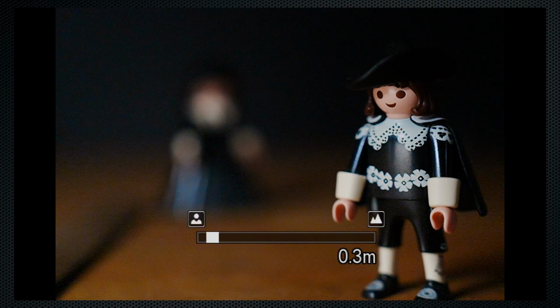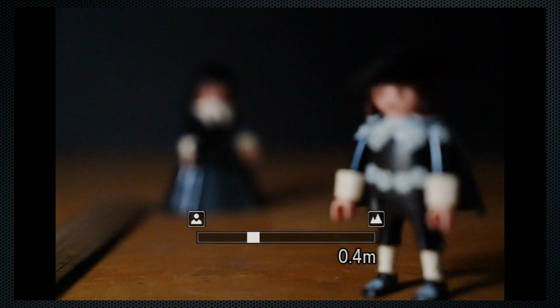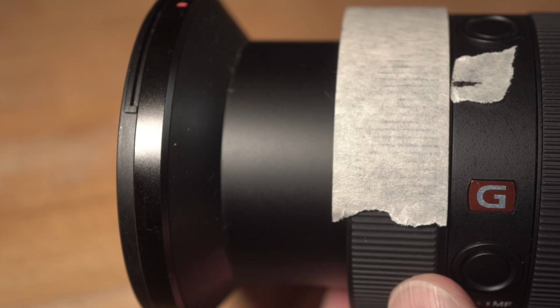However, Gen 2 has what Sony's marketing calls linear response manual focus. Let me show you how that works at F2.8. Maarte, a Playmobil version of a Rembrandt portrait, is at the lens's closest focus distance, about 30 centimeters, fully zoomed at 70 millimeters. His partner Opia is 20 centimeters back. It's about 1/4 turn of the focus ring, and I've marked the lens with masking tape at the focus settings